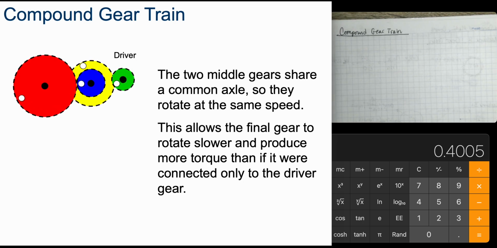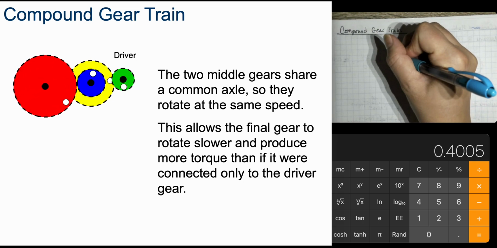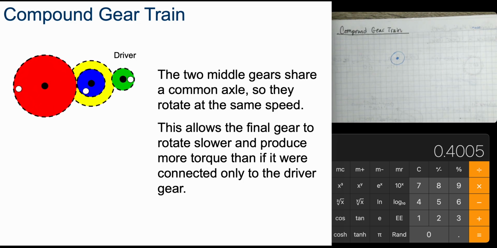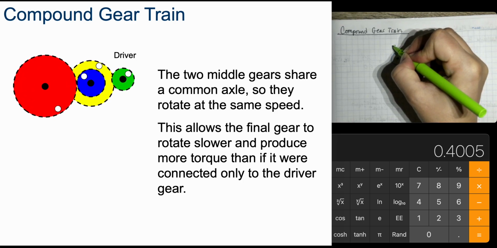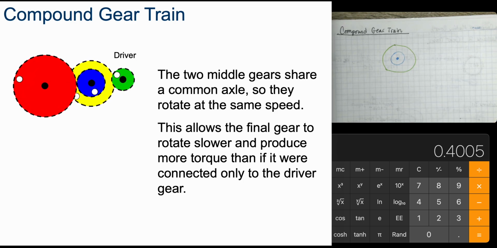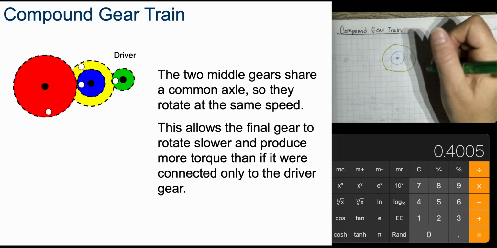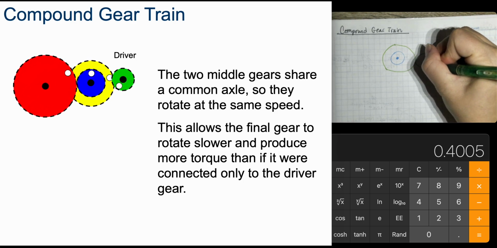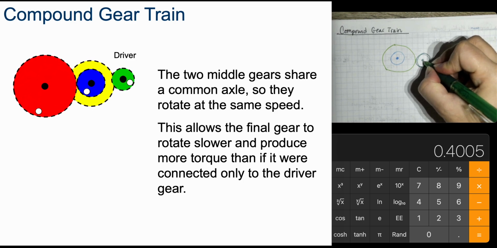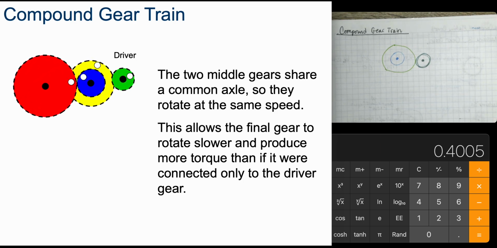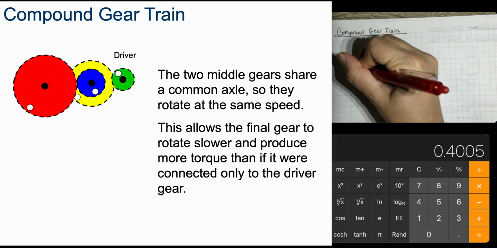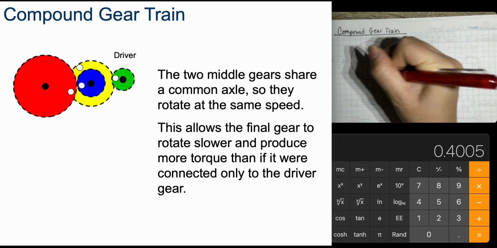So I think I'm going to start with the blue. And then I'm going to put my yellow around it. This is actually kind of a lime green color because you're not going to be able to see yellow. So those are on the same axle. And then I have my green gear. I hope you can tell that that's a darker green. Is over here meshed with my yellow gear. And then finally my red gear, which is my biggest one, is meshed with